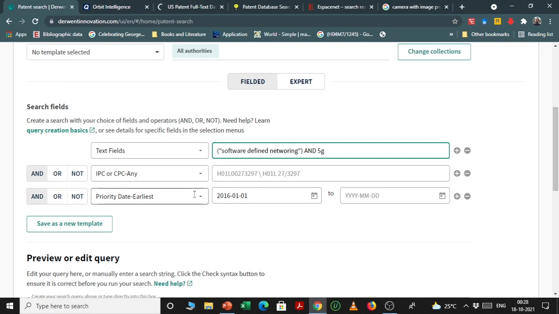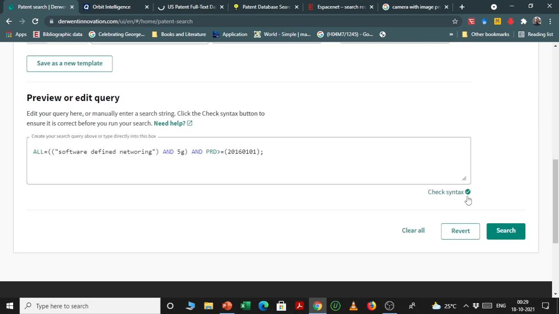Suppose I want to see all of the non-patent literature related to software defined networking that is talking about 5G, and what kind of document has been published or filed after 2016. You can simply search it here.